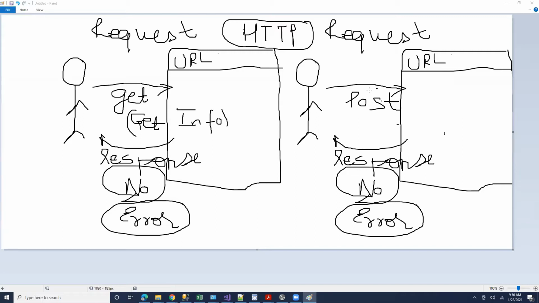Then there are two other types of requests that you can make, which for our purposes are almost not really useful, but for the sake of completeness, we'll talk about them. The next type of request is called a put request. What do you expect this would do?